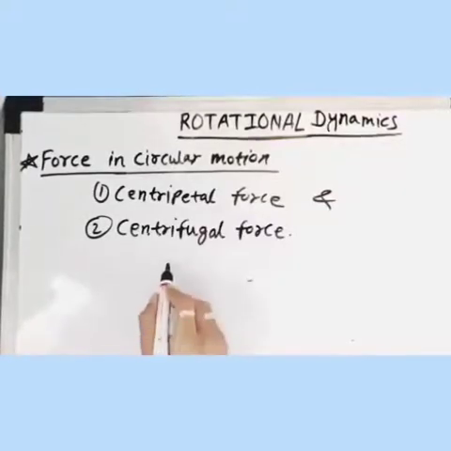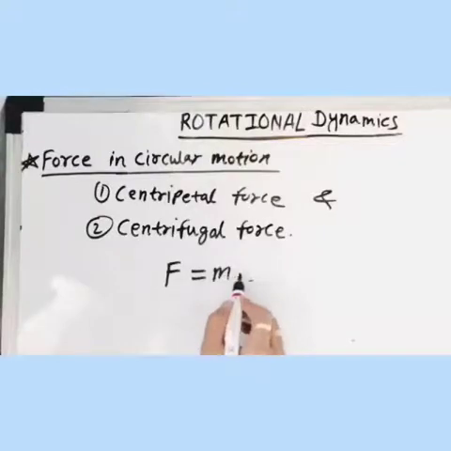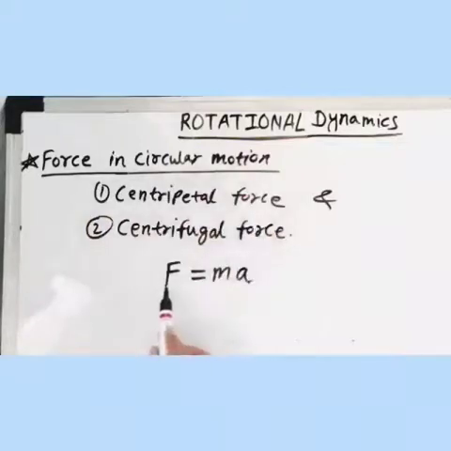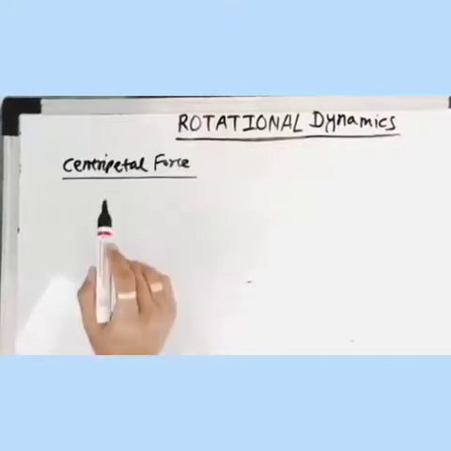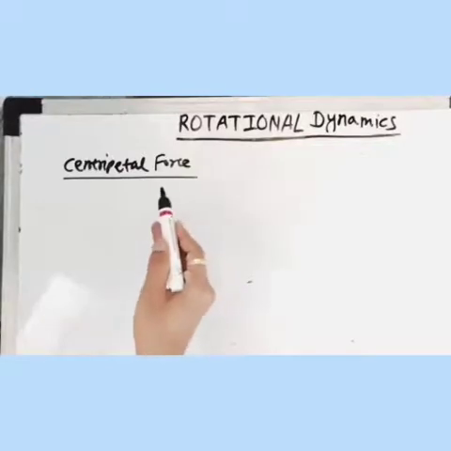As we know, force is a physical quantity which can be written as force F is equal to mass into acceleration. So here this A, acceleration, we are talking about force in a circular motion. So this F, we are going to talk about force in a circular motion, that it may be centripetal force or centrifugal force. A is the acceleration in circular motion. So centripetal force is a force which is directed along the radius towards the center of the circle.